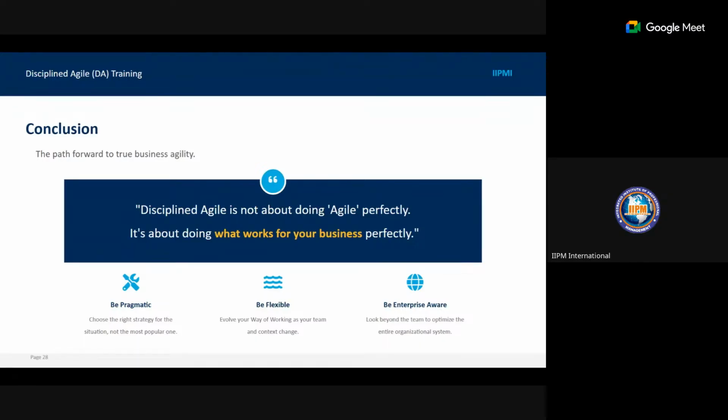It is about doing what works for your business, what works for your organization, what works for your family, what works for your career, perfectly. I hope you got that. And you have to be pragmatic. Choose the right strategy for the situation, not the most popular one. Be flexible and be enterprise aware.